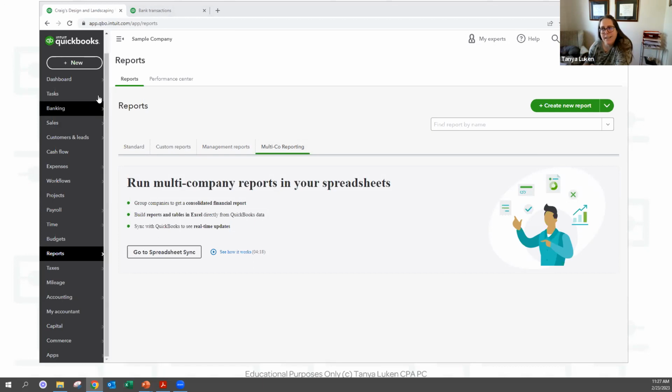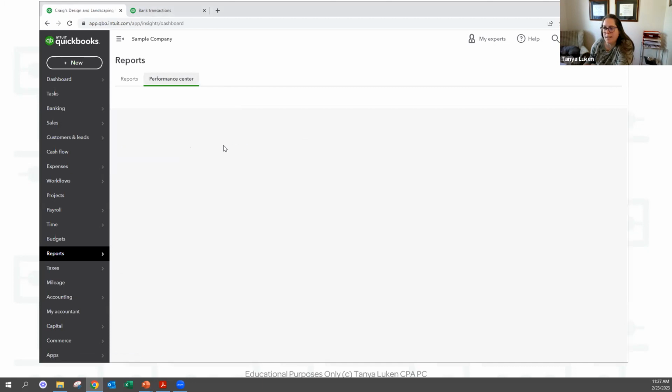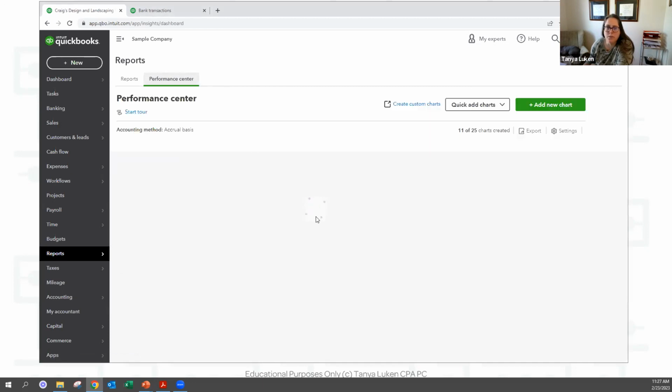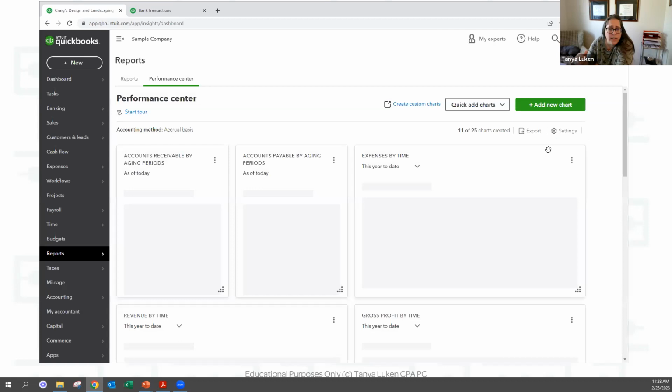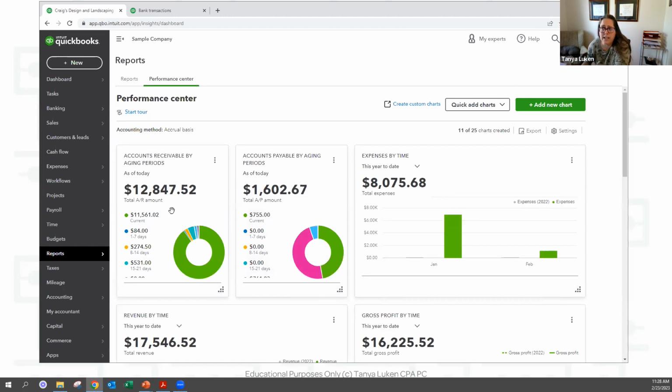Okay, so Nancy asked if there's some data and analytics. There is a performance center where you can mess around in here and build your own charts and things like that. So you can do some of these things in here. Absolutely. You can set up industry comparisons too. That North American industry classification code, the NAICS code, you can create that. You can link it here, and then it will tell you, based on other people in your industry, this is where you're trending.